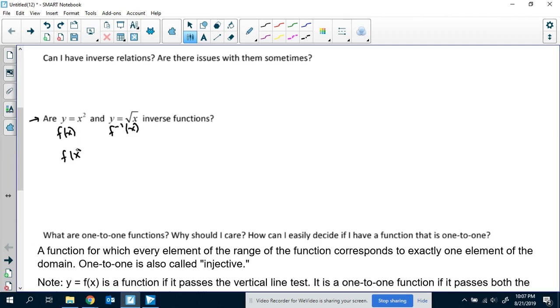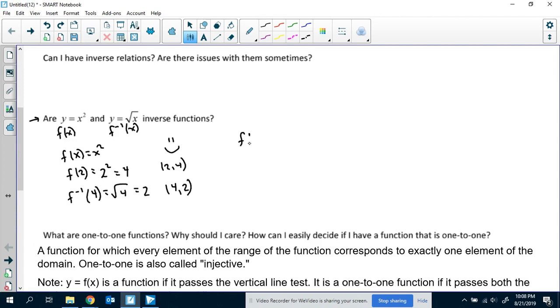So f of x is x squared. Let's say I take the value 2. So if I take f of 2, that's 2 squared, which is 4. Then on f inverse, if I substitute in 4, I have the square root of 4, which is 2. Notice that for 2 comma 4, f inverse took me from 4 back to 2. That's good. But that doesn't work all the time,